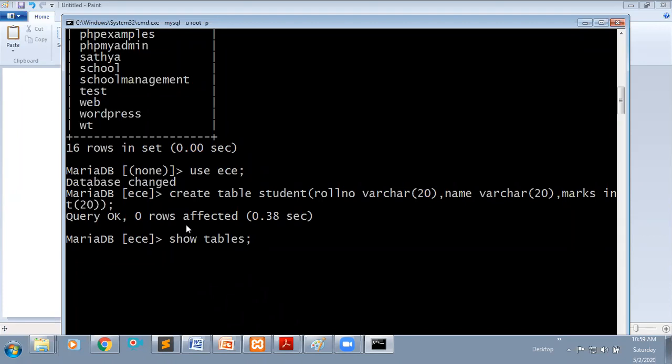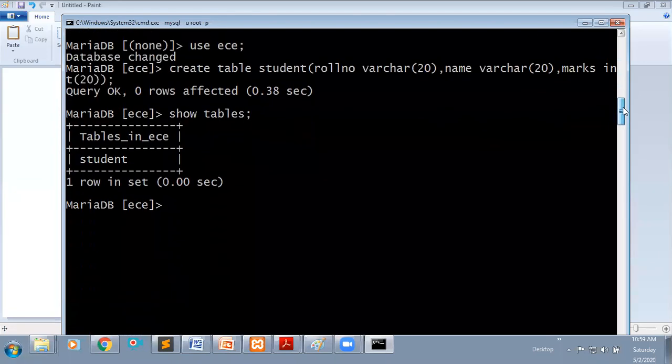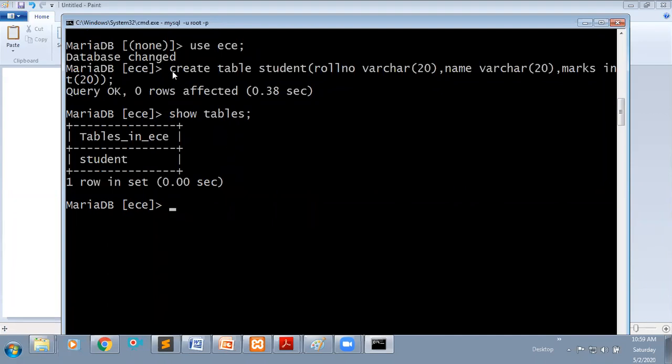Here, to see the tables present within this database, just use show tables. Enter. You can see "Tables in EC," meaning it is one database. Then you can see one table, the student table, which we have just now created by using the create table statement, create table name, here student.